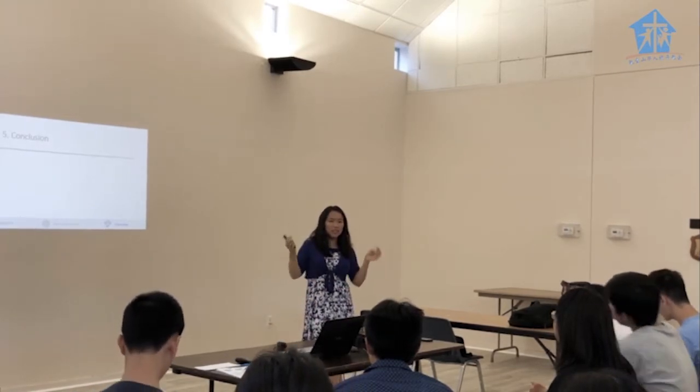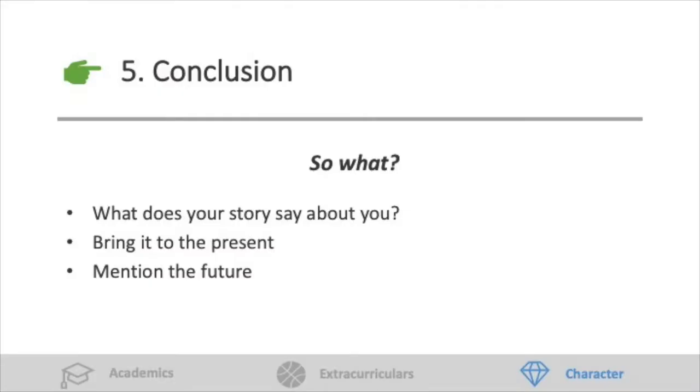You've got your lessons learned, you've got the big problem and how you resolved it. So what, right? What can you take away from this? What does your story say about you? Remember when we talked about those defining qualities or those really consuming interests? This is what you want to convey in your final conclusion, and you don't have to be so specific, like, oh, this story means I love math.